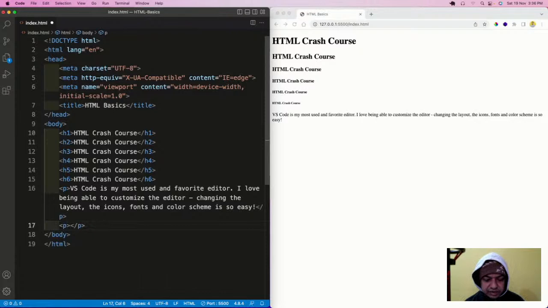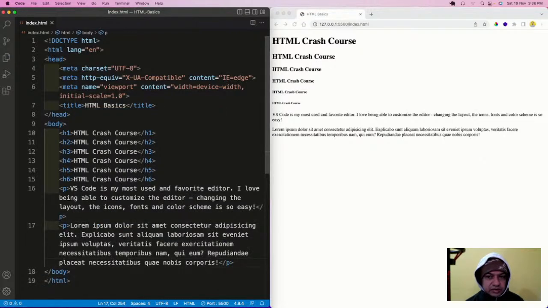I can have another paragraph like lorem. There is one thing here: the h1 tag, the heading tags and paragraph tags are also known as block level elements. Why are they known as block level elements? Because there was a lot of space left here, but still everything is taking its own line. Even this could have come here, but it is taken in its own line. A little bit of space is also there, so they are known as block level elements.